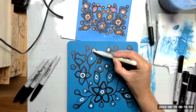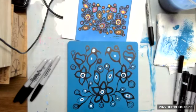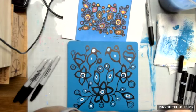So I'm just going around where the yellow is going to be. I'm just going around with this white as an underpainting. Kind of looks pretty like that, actually. Quite like a black and white. It'll look really nice with the colour. May I show you mine? Yeah, I'd love to see it. Well, I'm way behind, but